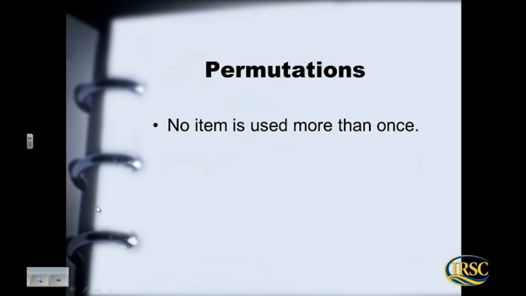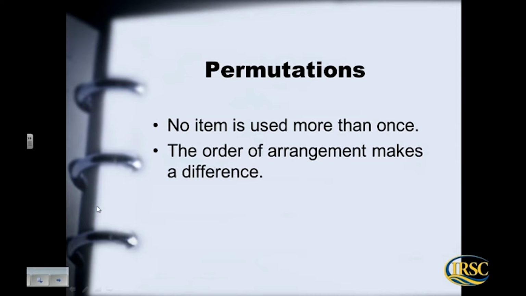So notice we already have something that's different about the last type of problems we did. So in the license plate problem, we could use a letter more than once. But in this one, no item is used more than once. And also, the order of arrangements makes a difference. So ABC is different from CBA. The order makes a difference. It might be the same 3 letters, but you've made a new arrangement when you've reordered it. Now, the other thing that I don't have here in this PowerPoint is that you're taking from one group of